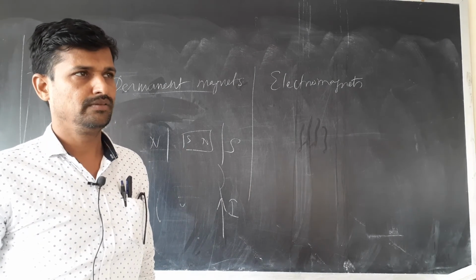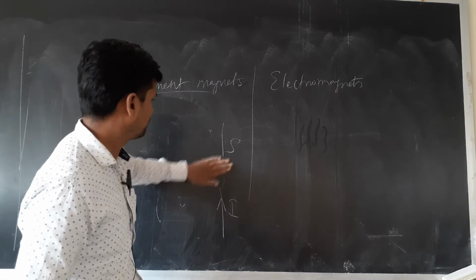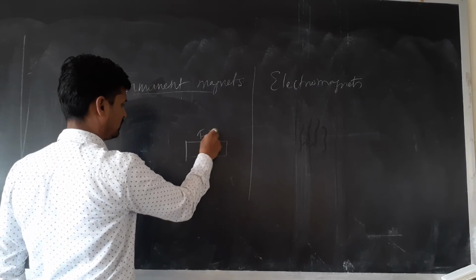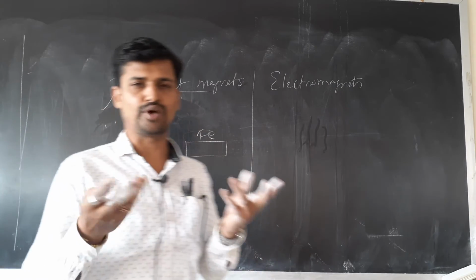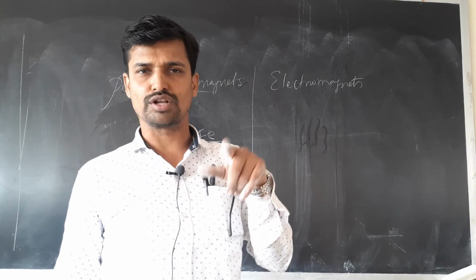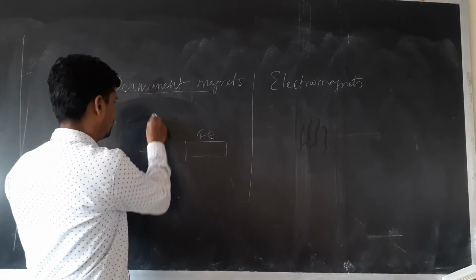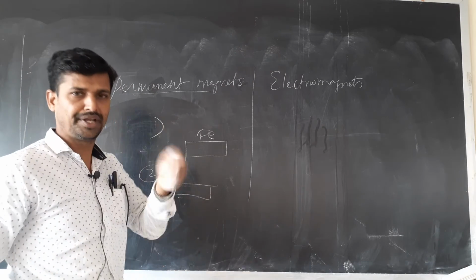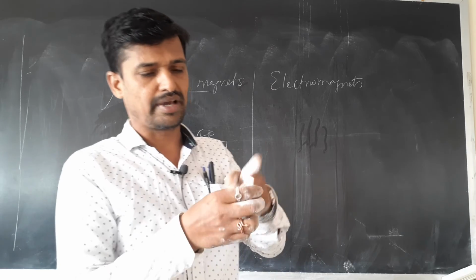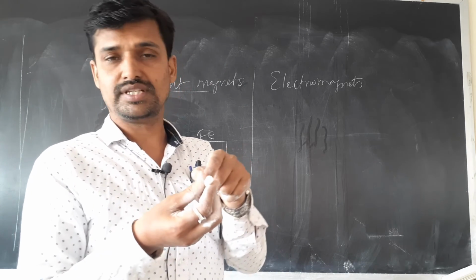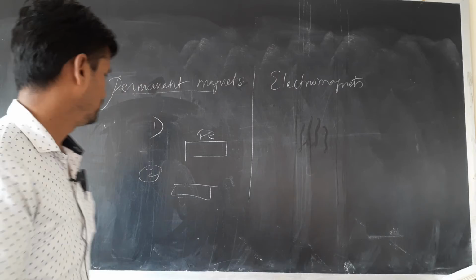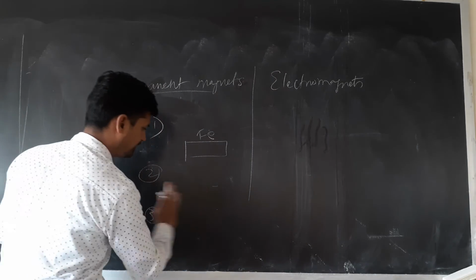Okay. How to make permanent magnets, listen. You should take a ferromagnetic substance, heat it to a high temperature and beat it along the north-south direction, so it will become a permanent magnet. Second one is, take a ferromagnetic substance, start beating it repeatedly with a magnet. Say this duster is a magnet, and a chalk piece is a ferromagnetic substance. Beat it repeatedly, so it will also become a magnet.